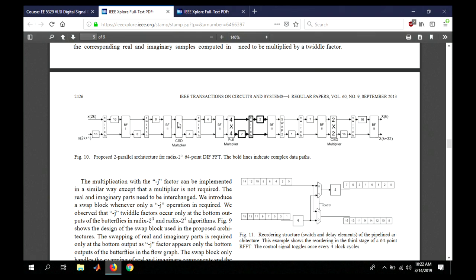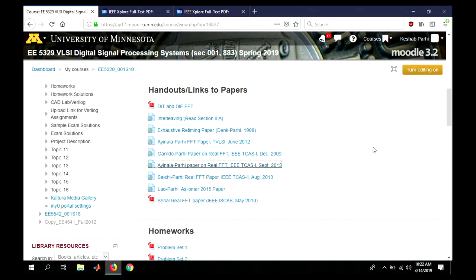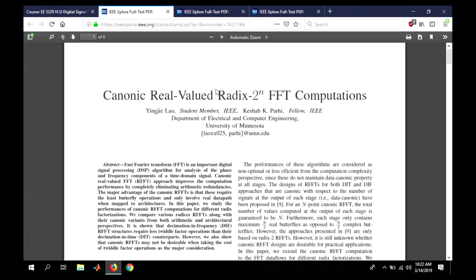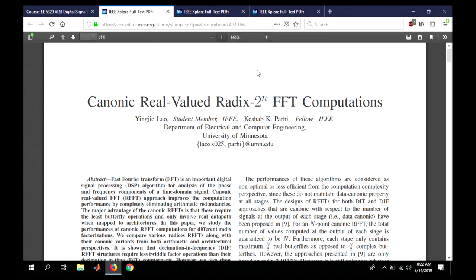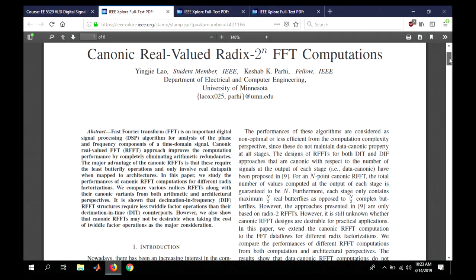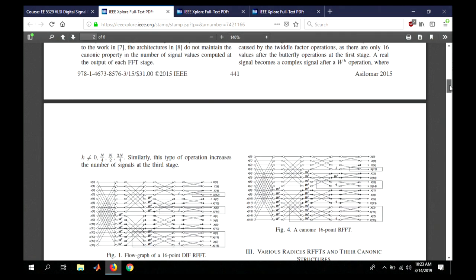I want to briefly talk about higher radix and what does that really mean. What does radix 2 squared, radix 2 cube mean? So I placed another paper. I know there is a lot to digest. I feel bad to have you digest very quickly over a couple of weeks what the students took years and years to work on, but that's the benefit of reading these papers. We can learn many things quickly.